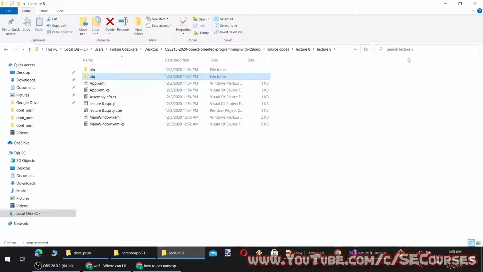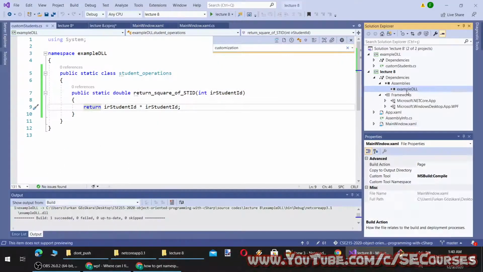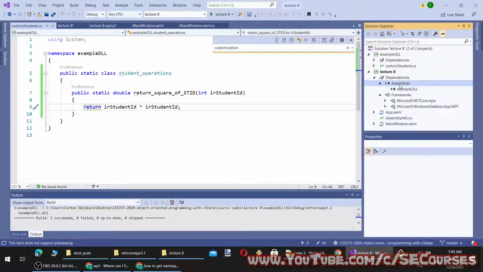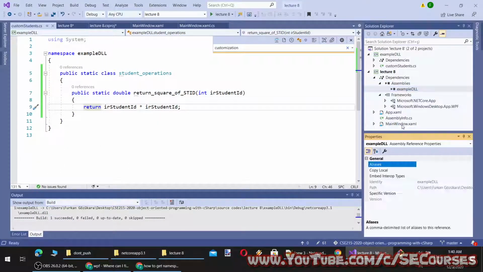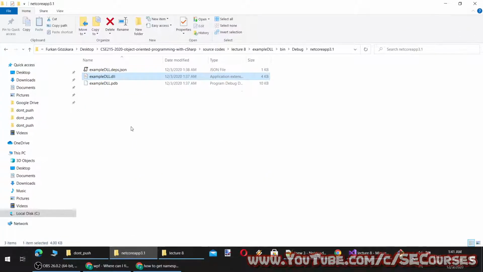Okay, it appears that our DLL is not added to our project. So if I want this DLL to be inside my project, I have to first copy and paste it into my project.